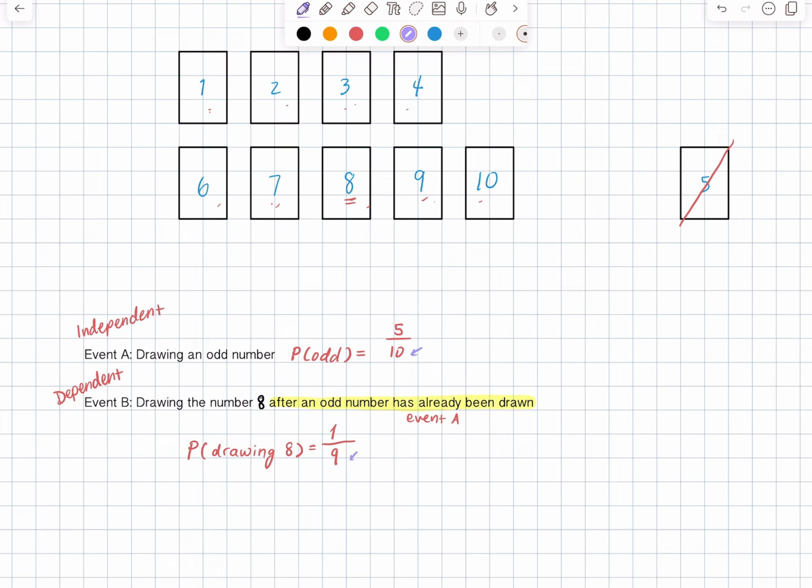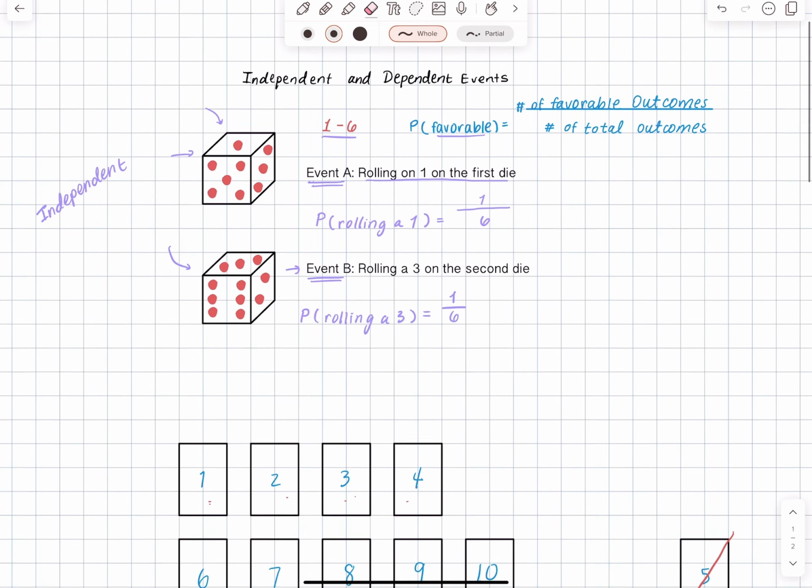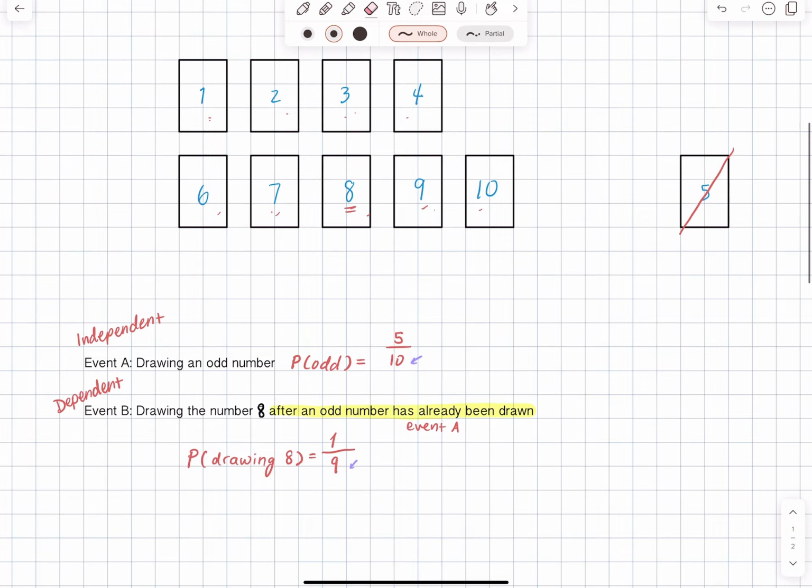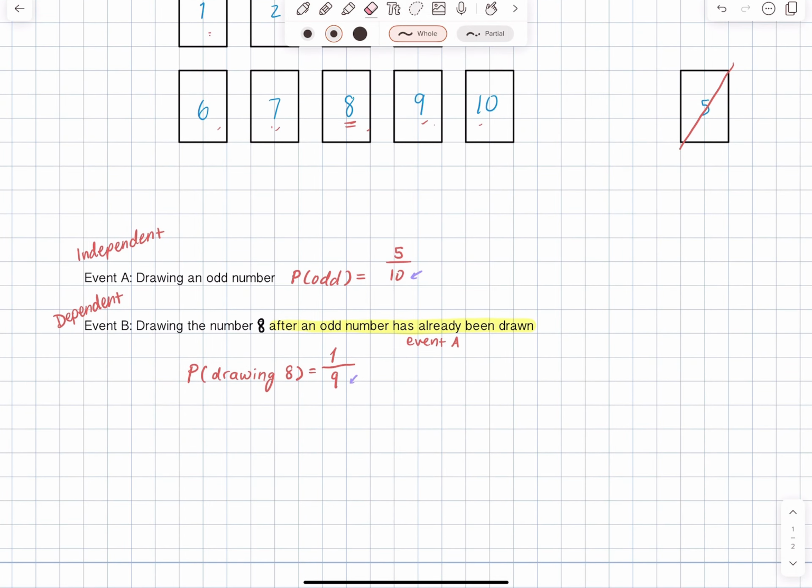So you see how we had 10 total outcomes here, but now we have 9 because we're not counting the 5. We took the 5 out. This is what dependent and independent events are. So just be cognizant about that. So for independent events, the previous event does not